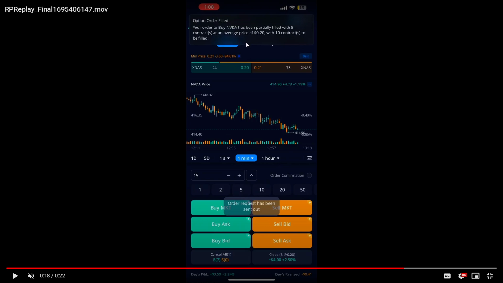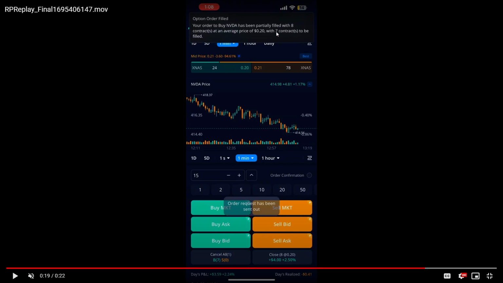So I did not get filled all the way because I was not buying market, but I was buying the ask, okay? There's reasons why you can't buy market and sell market on Webull, but I'm not going to get into that. And then you'll see, your order has been partially filled with 8 contracts. And just remember, this was Friday. These were 0 dates, okay? And on top of that,